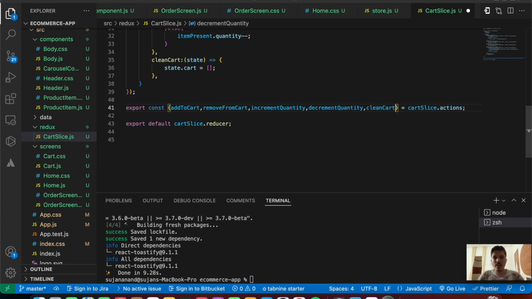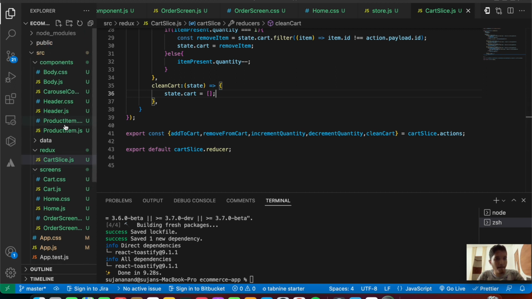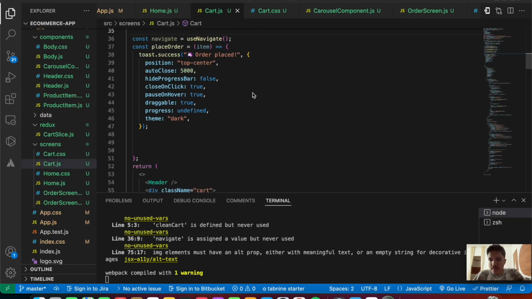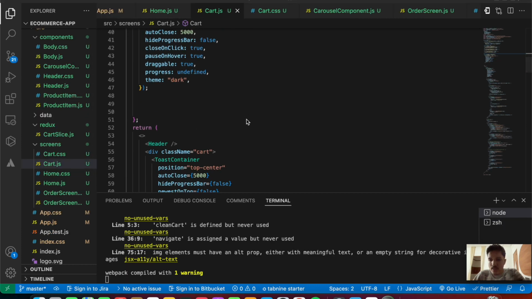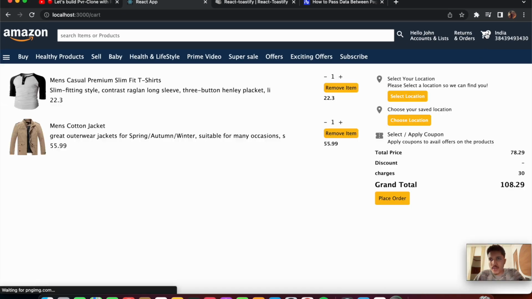Okay, so clean cart, and save the file. So now what we do is, just one minute, let's come back to our cart.js. Okay, so basically after providing the toast message over here, the next thing